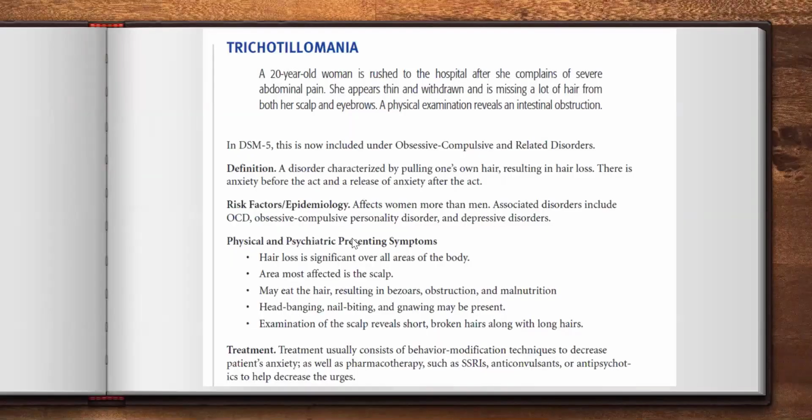All right. So in this case, what we should prefer, if trichotillomania is not in the option, is this: trichotillomania previously, in DSM-4, was classified as an impulse control disorder, not elsewhere classified. That was the term they used to define trichotillomania. Now in DSM-5, it's included under OCD and related disorders. So if OCD is in the option, I think it's a better idea to keep it in the OCD option.